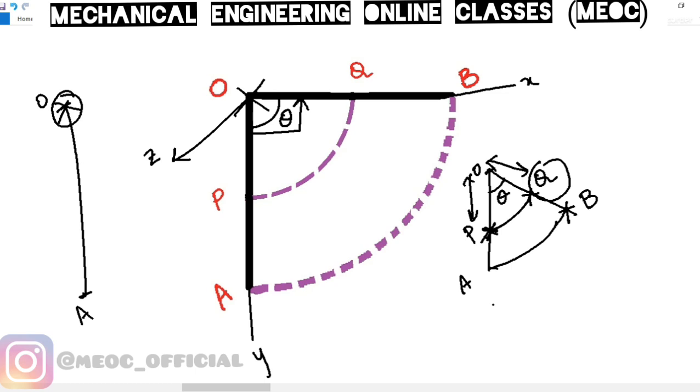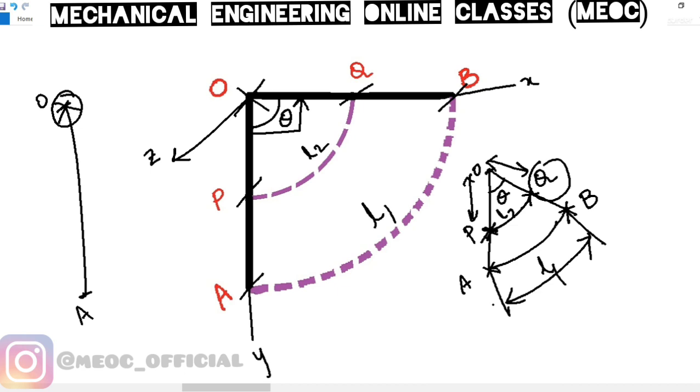If you see the distance or the displacement covered by point A, say this is some L1, and the distance that is travelled by P is L2. So the arc length of PQ, which is L2, is lesser than the arc length of AB. So the object is rotating about a fixed axis, and the angular displacement, or we say that it is rotated by some theta. This theta is constant for the entire object, but every particle is not moving the same distance, so the geometry of motion is different.